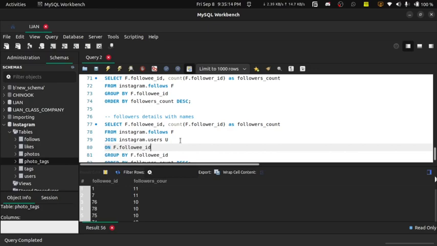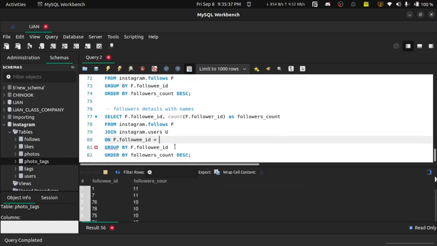Now mind you, the followee id is the same thing. What this data set means is that these are the followee, right? I'm sure we have everybody here, and these are just the counts. So we are just going to merge this on this, and the users dot